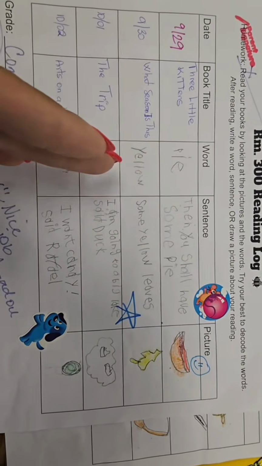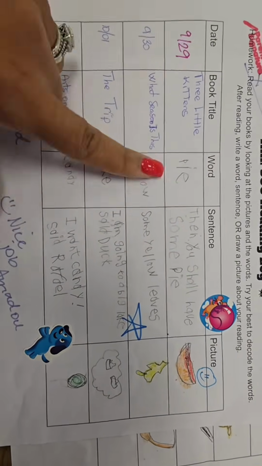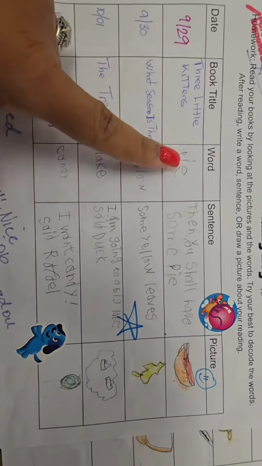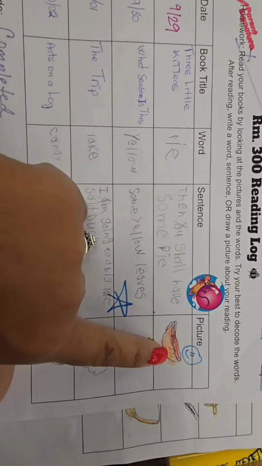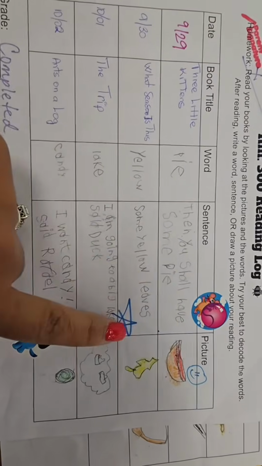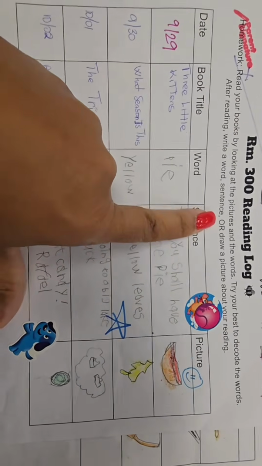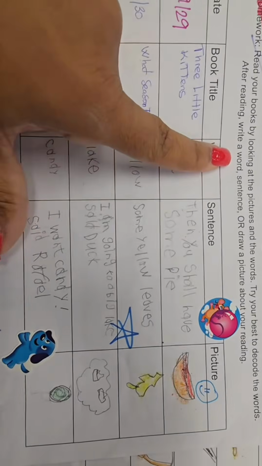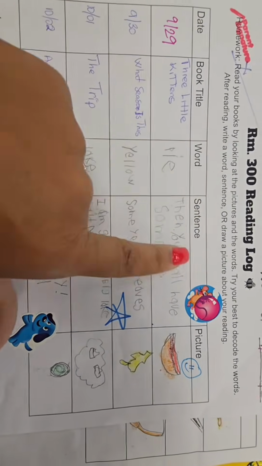So after reading the book, or even just looking at the pictures, the student can decide which one they want to do: word, sentence, or picture after reading the book. This student chooses to do all three, but you do not have to do all three. It's actually a choice. So they can write a word after reading the book, write a sentence, or draw a